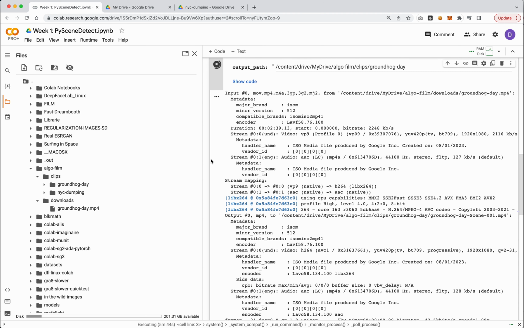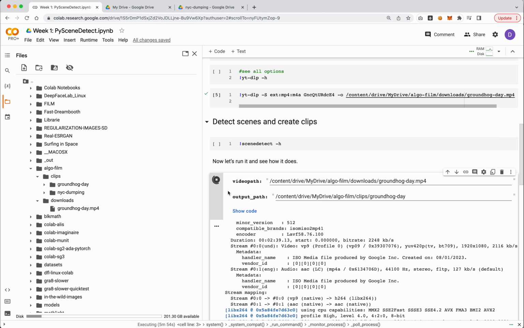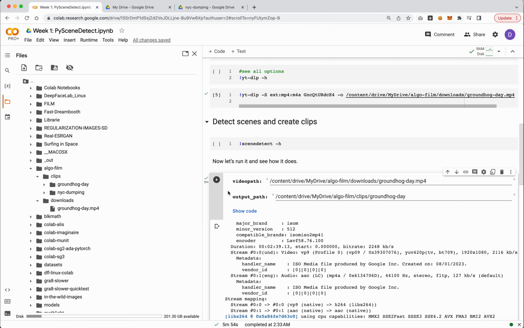So one thing to remember is in Colab, you can only run one cell at a time. So while this cell is running, the entire machine is essentially taken over by this process. So we could look at batching this. Actually, you know what I will do for next week is I'll write a script to show how to batch this. But for now, I would just run this on individual clips just so you get in the habit of doing this. But for next week, I'll make a little batch script that we could run on a bunch of clips, and then you could run it overnight, that sort of thing.